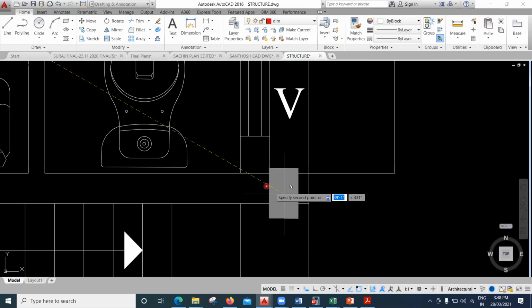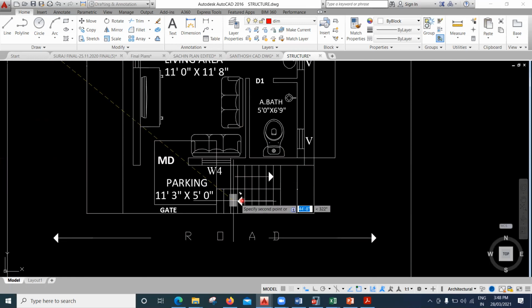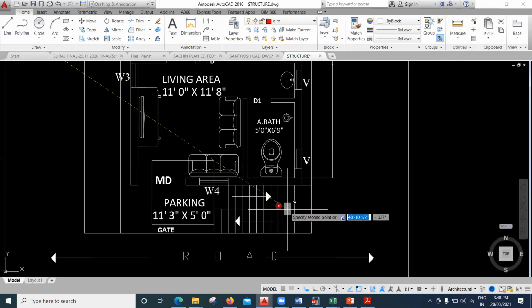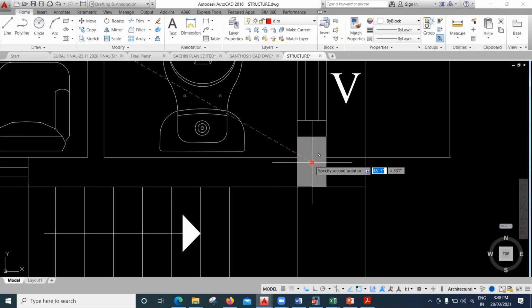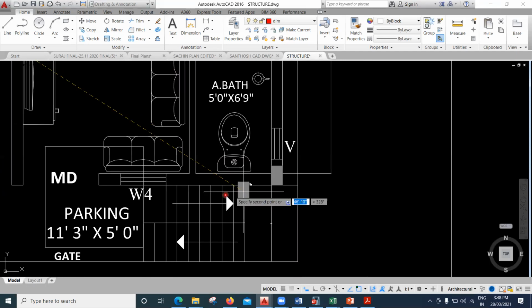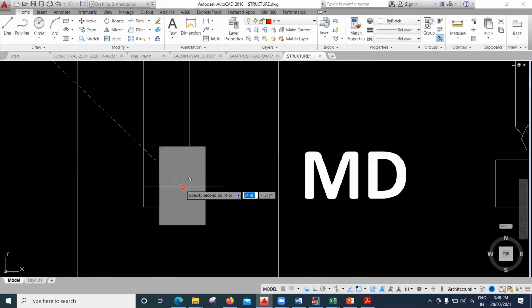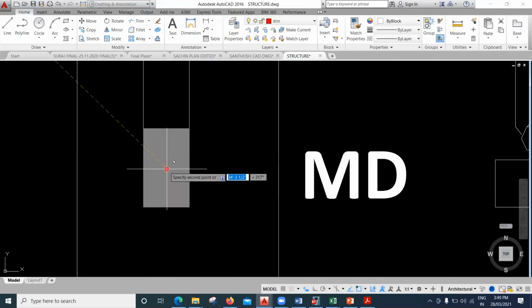Now coming to the other two corners. This is also a corner for me. See, this part is a staircase that will be coming later. Right now we'll not concentrate on the staircase and all. Let me keep one more column here. This is also a corner region for me. Done. And then I have one more corner at this portion. I'll add one more column here, right?